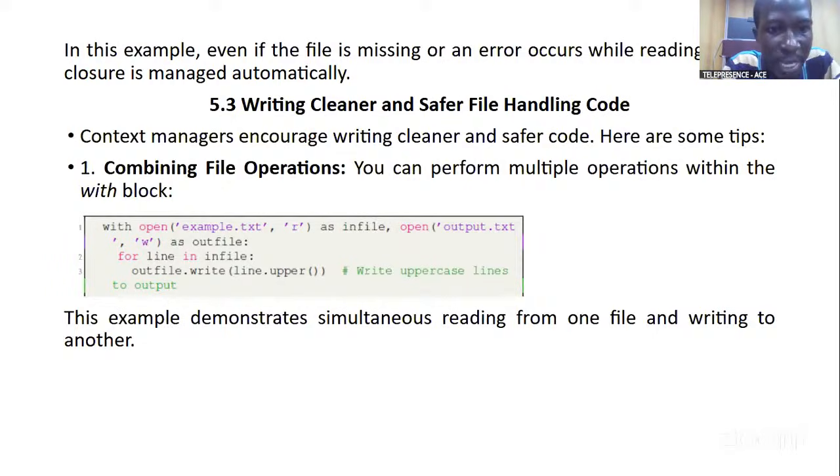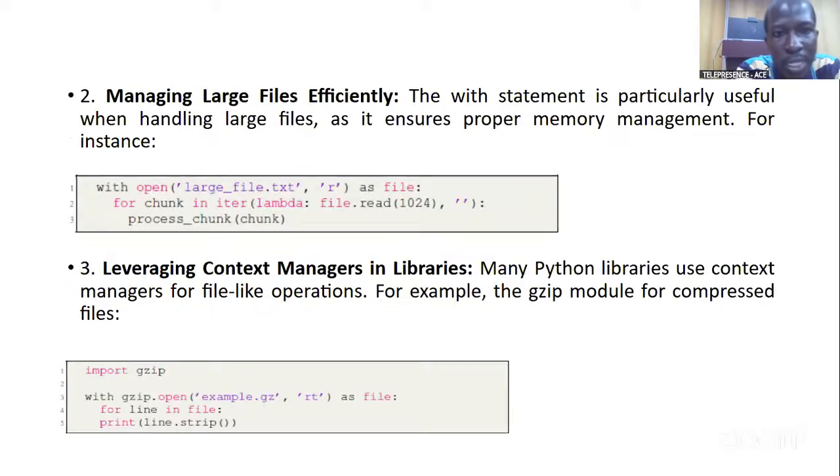Okay, so combining file operations: you can perform multiple operations within the with block. With open, as you can see, this example demonstrates simultaneous reading from one file and writing to another. It is reading and writing in the same code, so it can combine multiple operations. It is at the same time reading the example test file and also writing to the output test file. That's it. So, managing large files